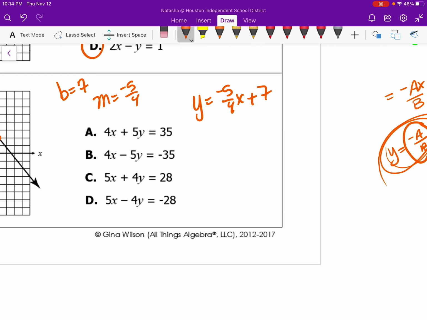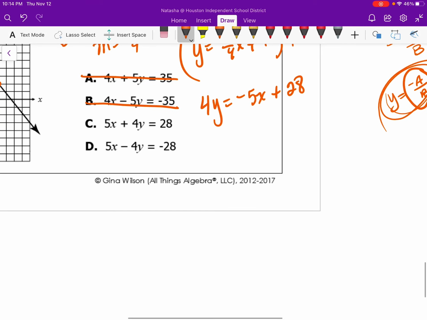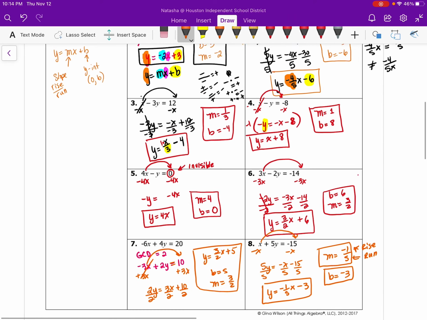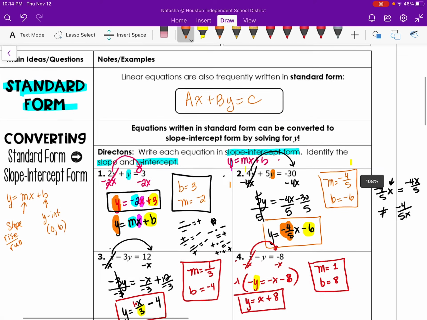Okay. Now I'm going to multiply by 4. So this becomes 4y is equal to negative 5x plus 28. So that's going to eliminate A and B. Move my x over, so that becomes positive 5x plus 4y, and that's going to be equal to positive 28. So that's our answer choice C. All right, that covers some of the questions on